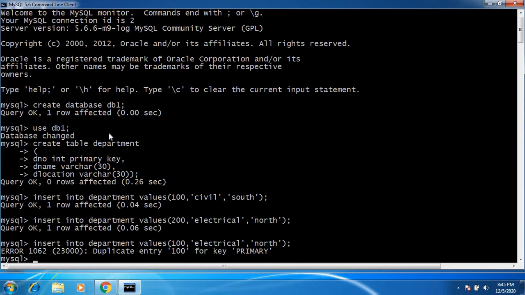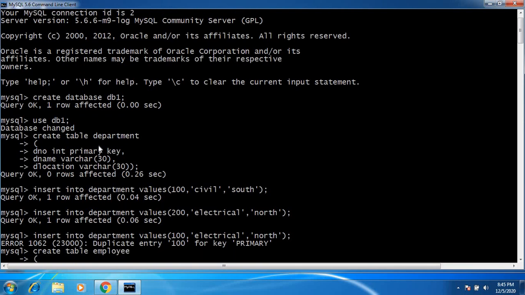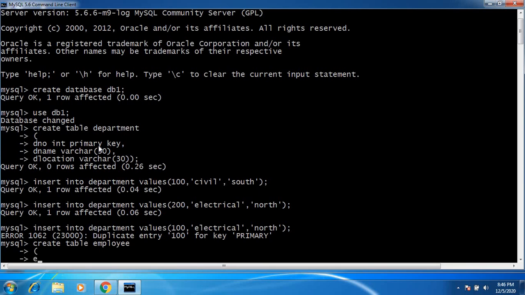We want to create a child table now. This child table will refer to the parent table. The name of the child table is employee. What is the first attribute here? The first attribute is employee ID, integer.